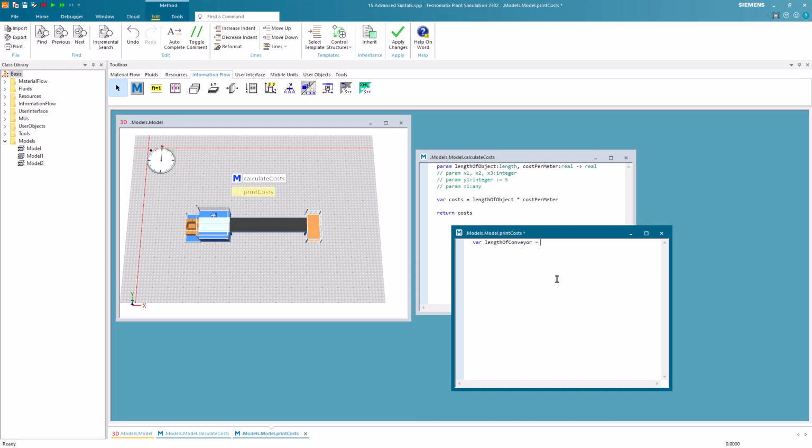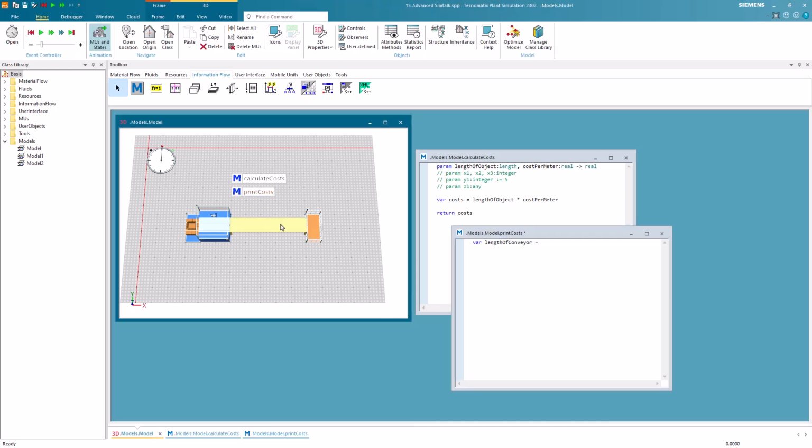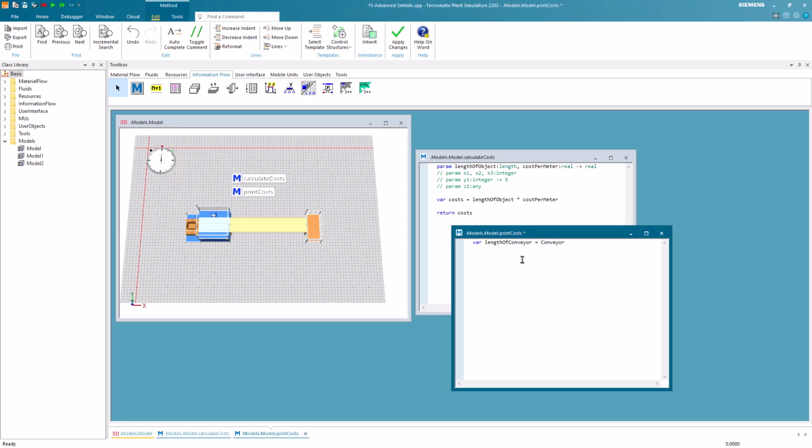Then we use the relative path of the conveyor and the attribute length to initialize the first variable. We then declare a variable called costs of conveyor.